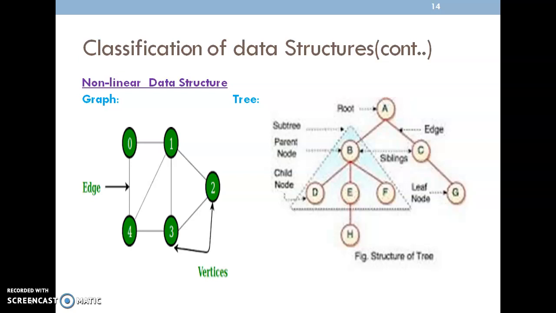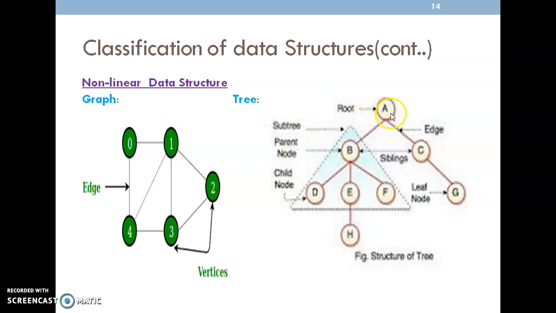Here a graph contains a set of vertices. Here it contains 5 vertices and the edges. These vertices are connected by making use of the edges. In order to store the values we need some hash table value to store them. So the hash contains some randomly generated memory locations. By making use of those, we are going to create a graph. Then the next one is tree.